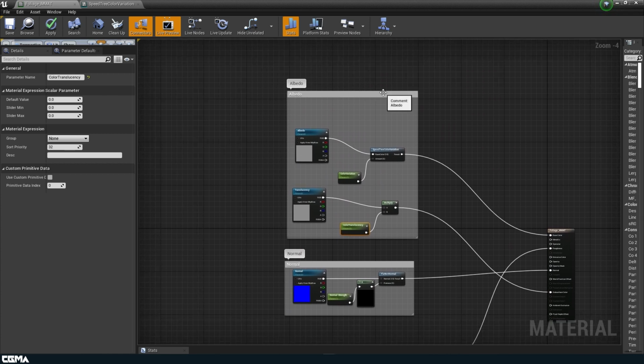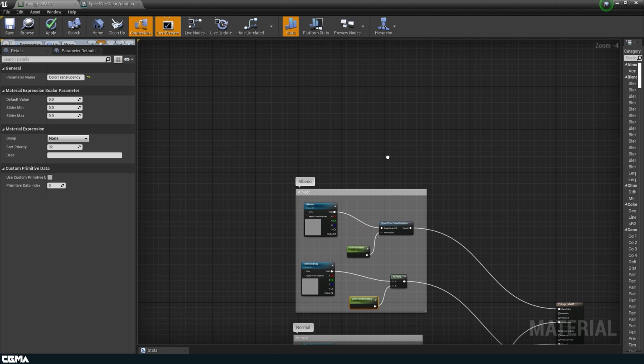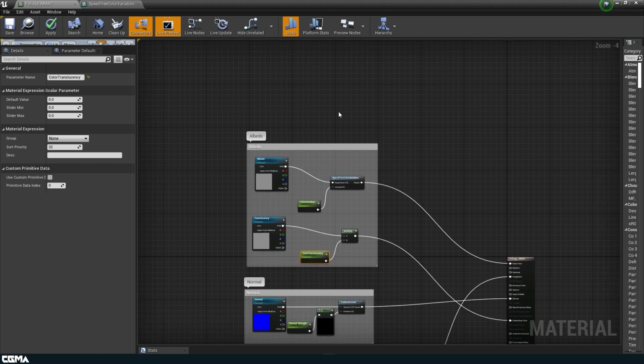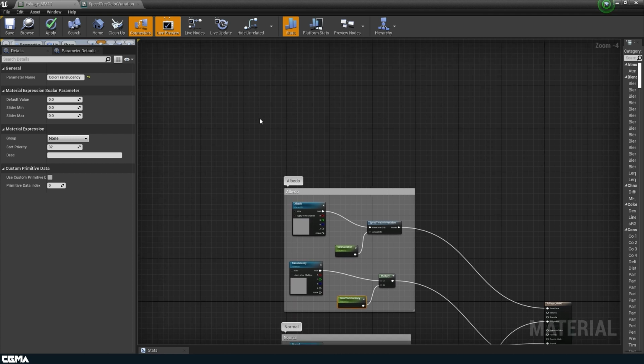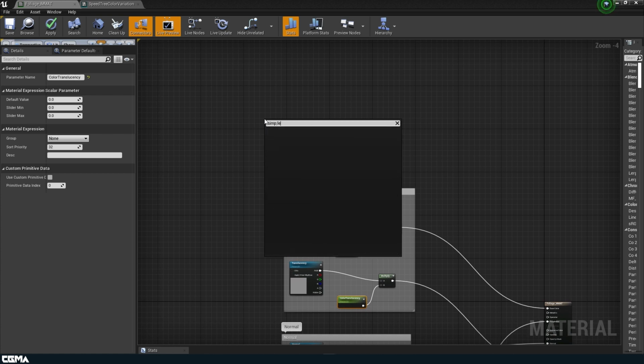The one last thing that we need to do is we're going to want to add a little bit of effect for this grass. We don't want it just to be stagnant. We want to have some kind of dynamic effect to it. So what we're going to do is we're going to actually bring in another node, and we're going to type in simple